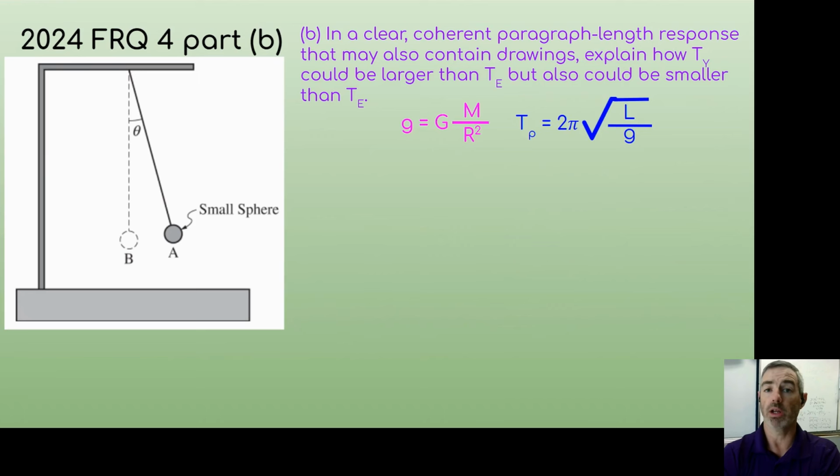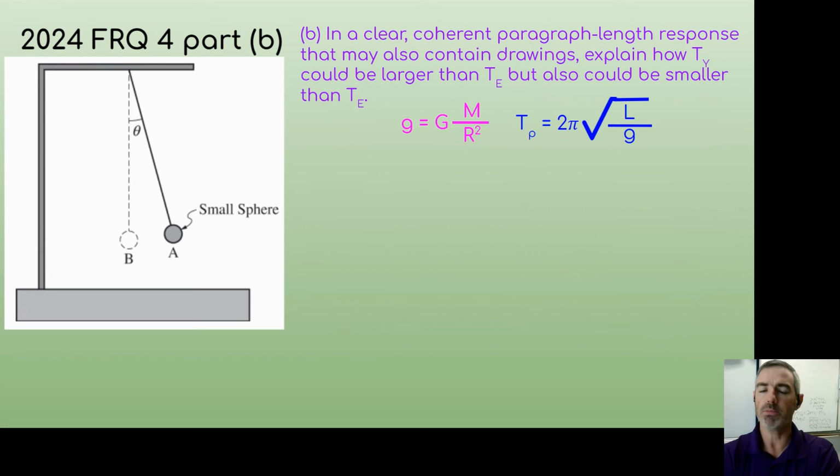So the factors that impact the period of the pendulum are the length of the pendulum and the acceleration due to gravity on that planet. We're not going to write a paragraph; we're just going to give bullet points, and you could write the paragraph. Hopefully you wrote it in paragraph form, because that is one of the points, following the guidelines given in the College Board's paragraph length